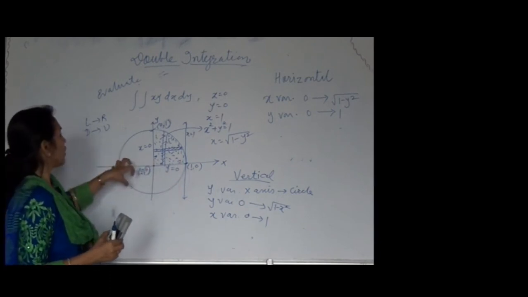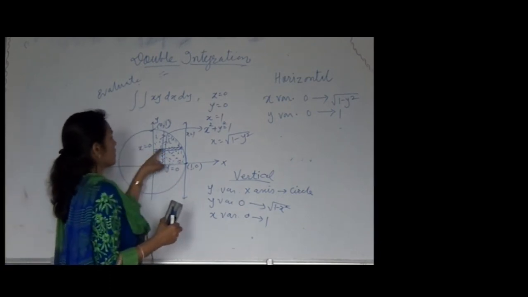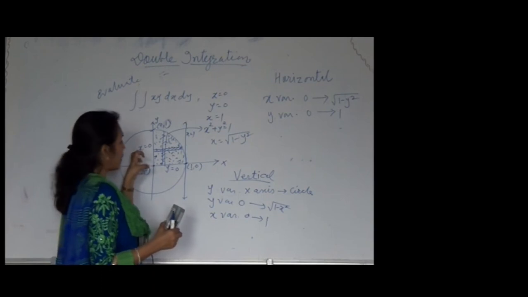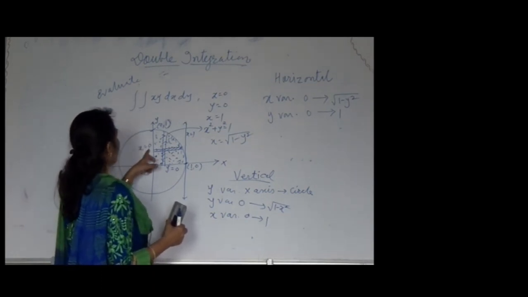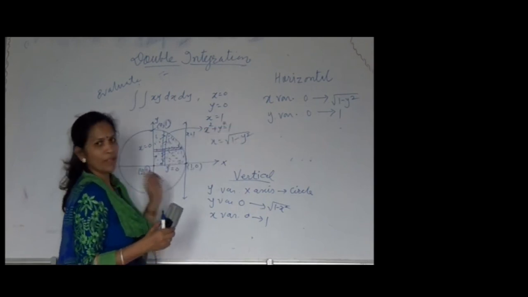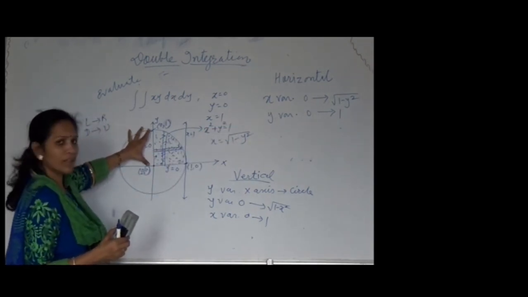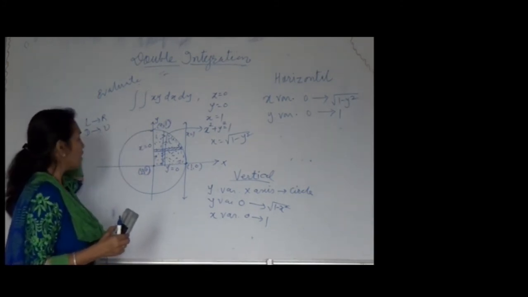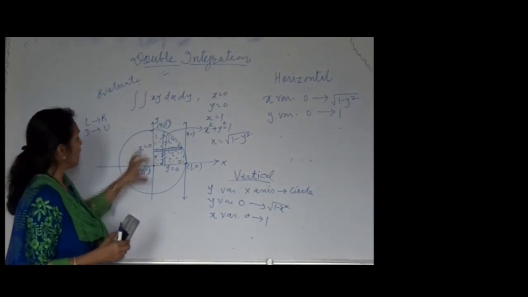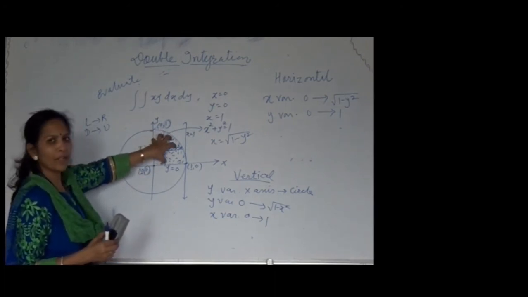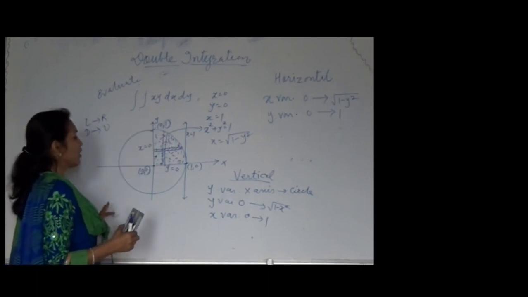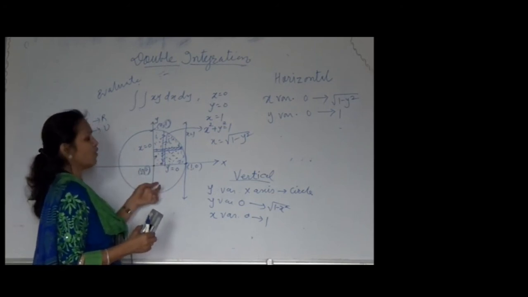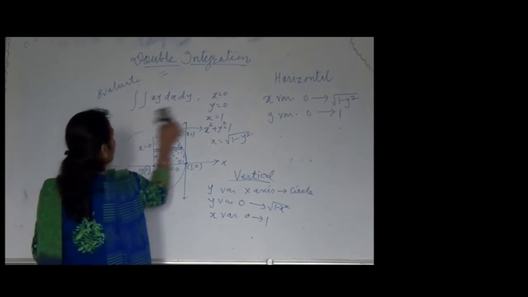If we draw the horizontal strip, it starts from the y-axis and ends at the circle. So x varies from, first we have to think about the circle, in the horizontal strip x is equal to 0 to x is equal to root of 1 minus y square. This much is the distance of the y-axis covered here. So your y varies from 0 to 1. Here we have not discussed the two strips separately, because in this region, whatever example I have taken, anywhere you draw the strip you get the same limits. So it is on us which strip we want, and according to this we are going to write the